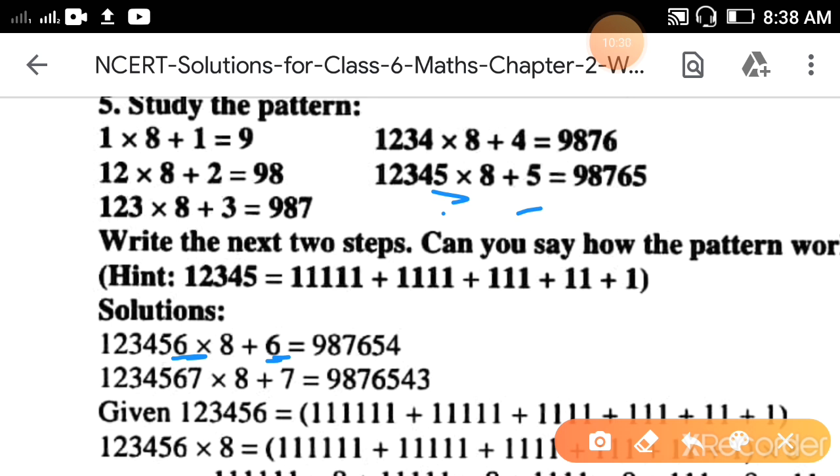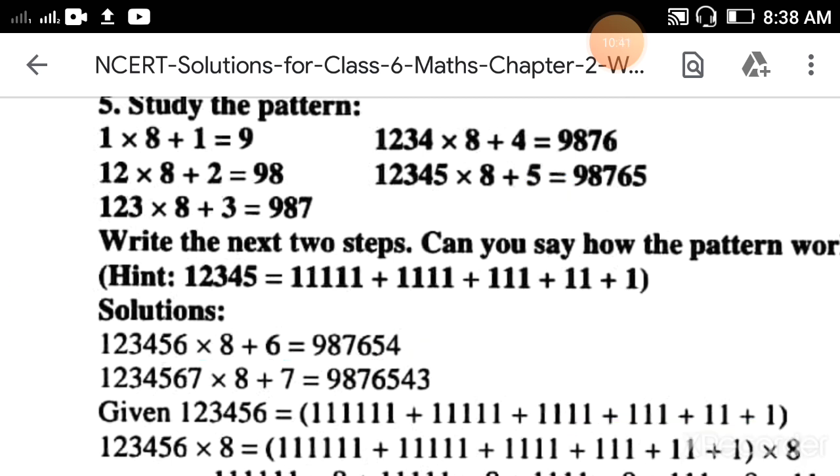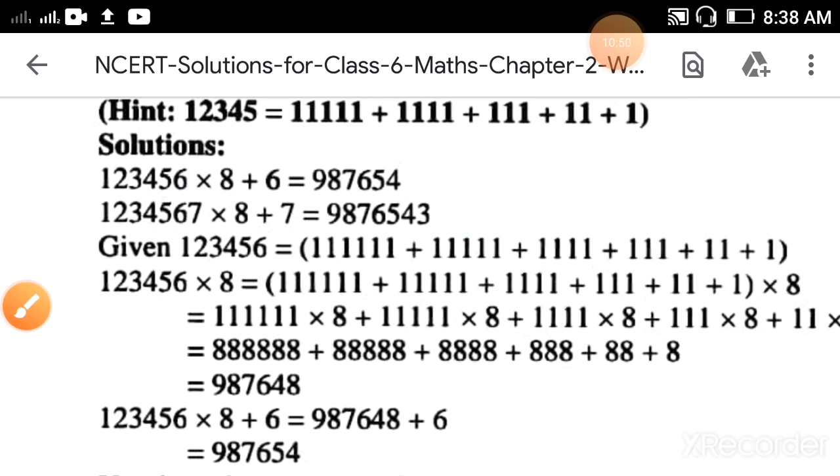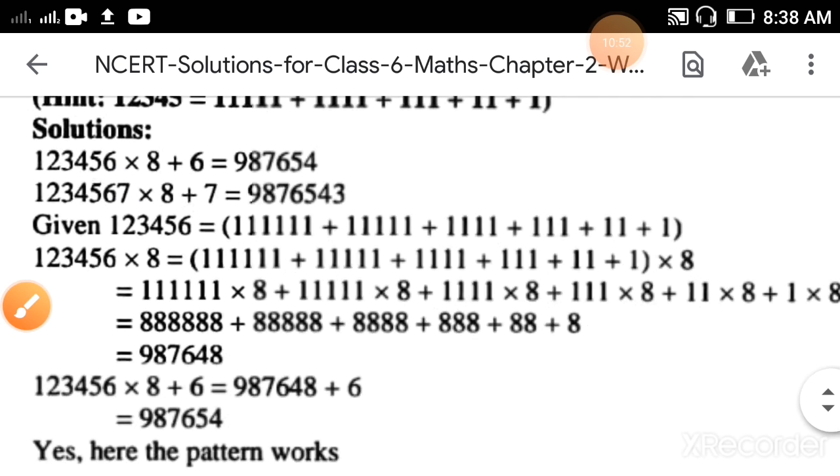Then up to 5 it is there. 5 is there. Then here also up to 5 places. Then 6 is there. Then 5 after 4 comes, 5 before that you have to write here. One more step: 6, then here 7. Here also 7. 4, so here it is 3. That is the pattern.